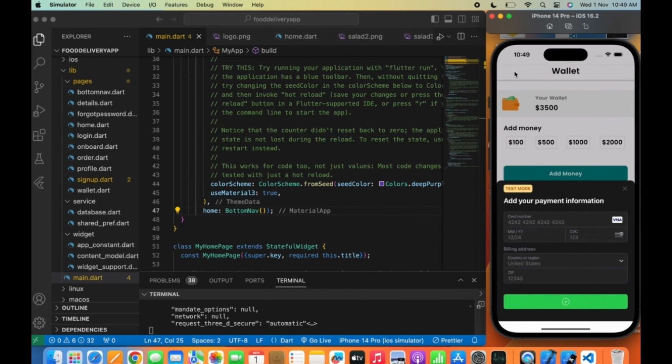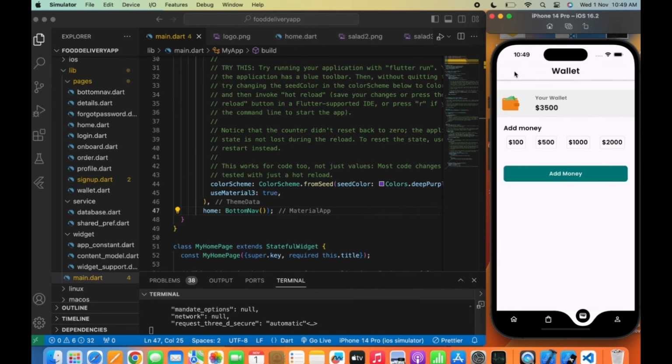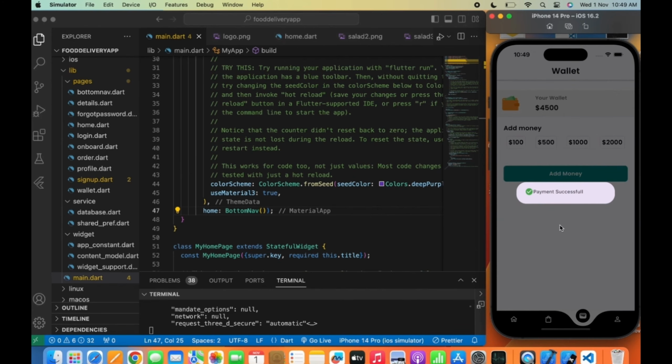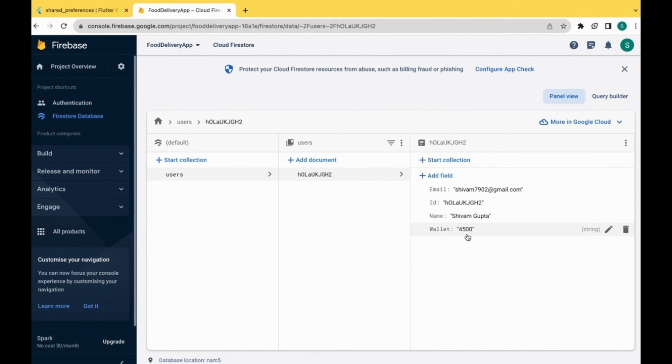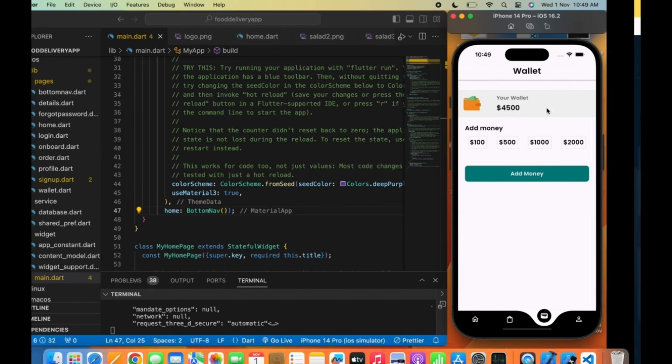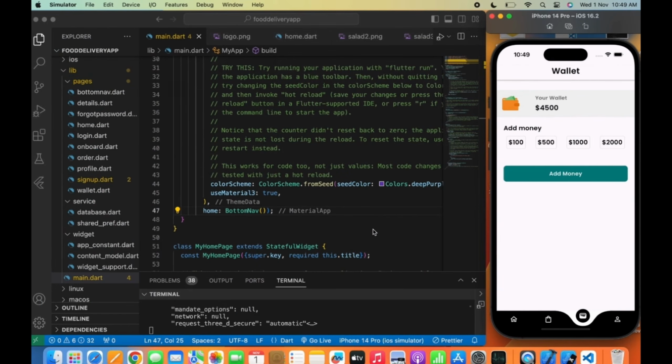So our payment is successful, and as you can see, our wallet has been updated and added the $1000 to the wallet. Now let's move and check the Firestore database. So as you can see, our wallet has been updated to 4500 that I've just shown you on the app. So it is working brilliantly, and how much money we are adding on the app, it is frequently updating into